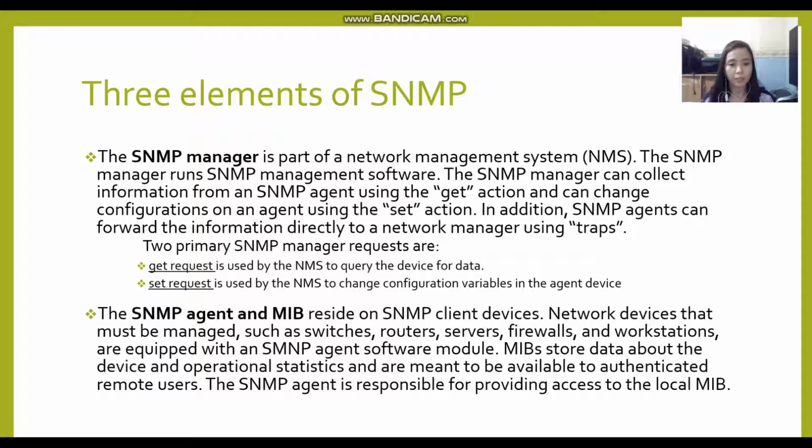The SNMP agent and MIB reside on SNMP client devices. Network devices that must be managed, such as switches, routers, servers, firewalls, and workstations, are equipped with an SNMP agent software module. MIBs store data about the device and operational statistics and are meant to be available to authenticated remote users. The SNMP agent is responsible for providing